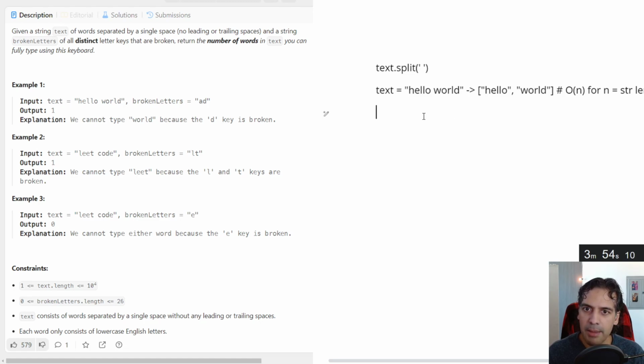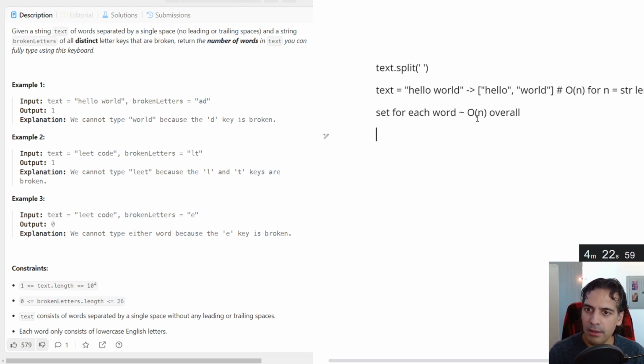Generating a set for each word is kind of like building a dictionary. It's O of n for the length of the word, and then for the whole text it would be O of n. So sets for each word becomes O of n overall.